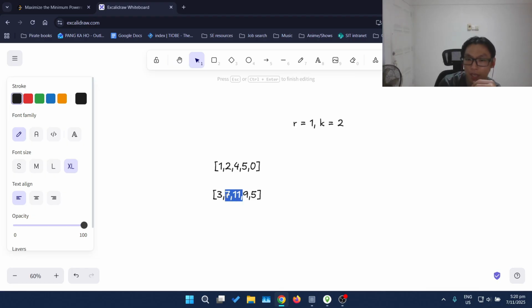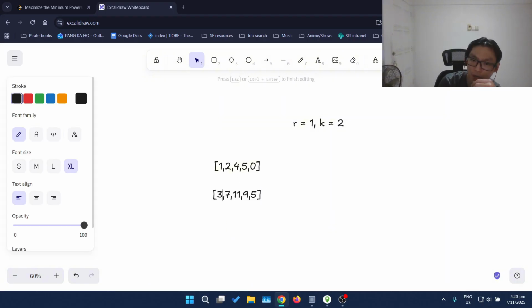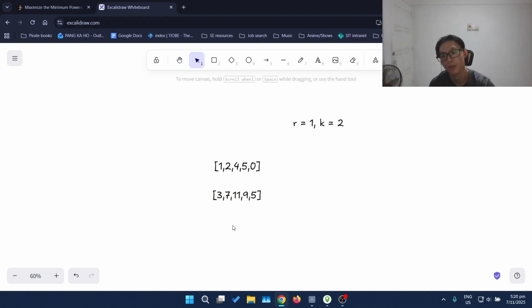Because you're just increasing the power for more cities, right? Why build a station here to increase its power when you can build it here and increase this tree's power? If you just build it here, you can only increase the power of these 2 cities. So the claim is that